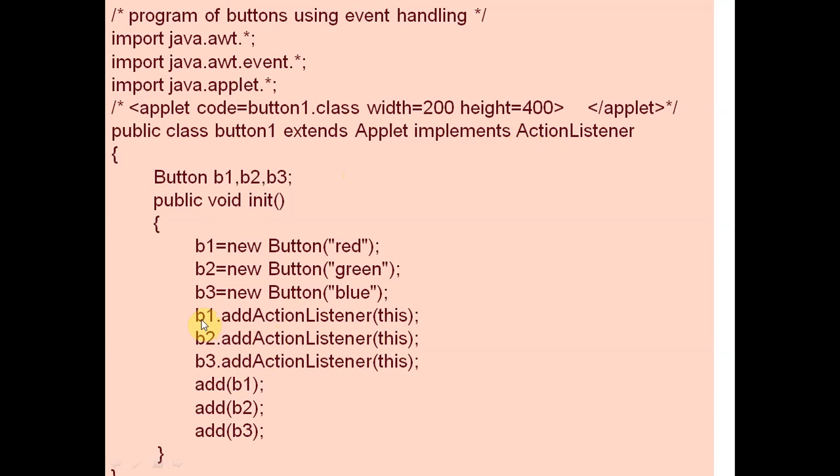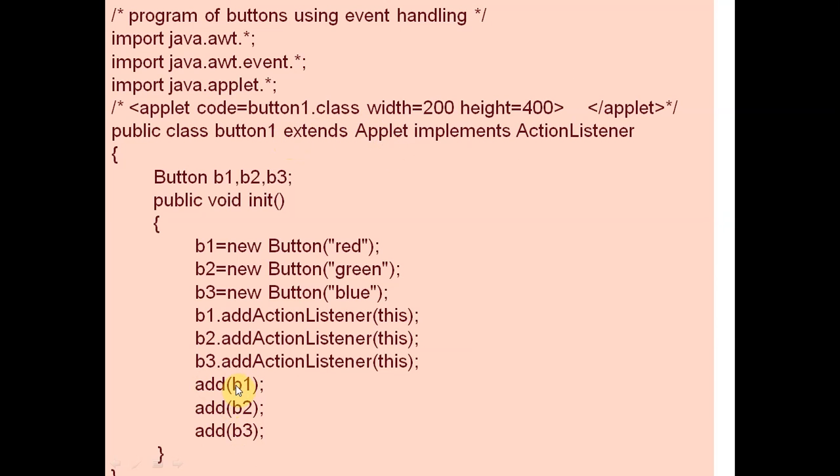So with all three buttons we have added the action listener, and now we are adding these three buttons in this Button1 class, in this applet. Button1 is an applet also, and Button1 is an action listener also, because we are implementing Button1 by ActionListener as well as extending Button1 by Applet.